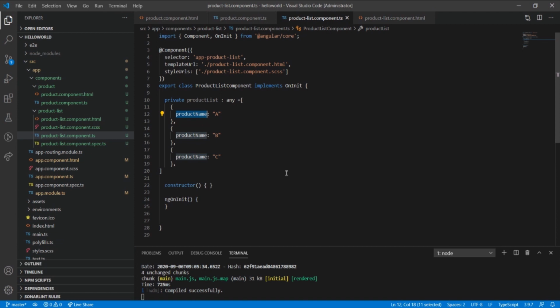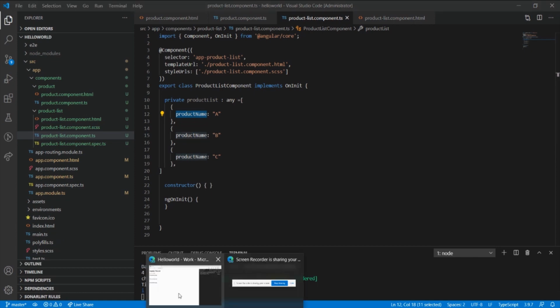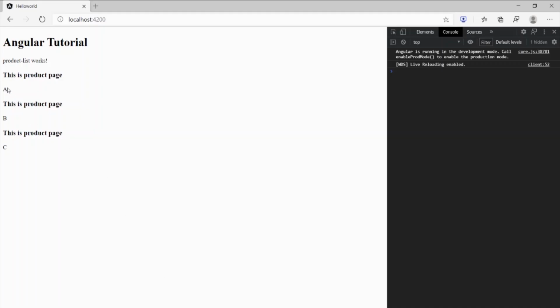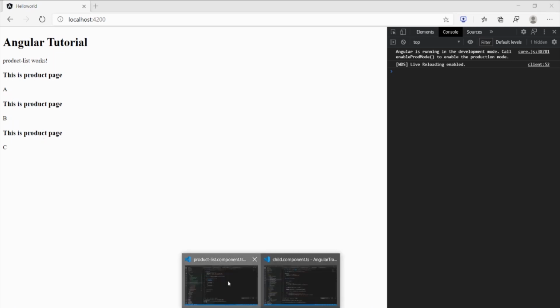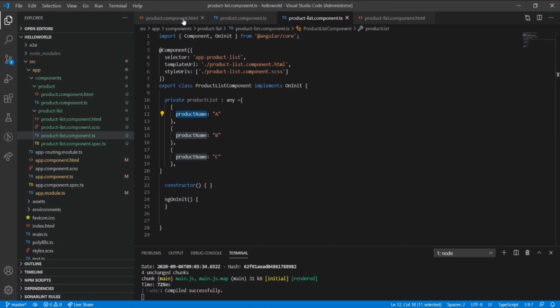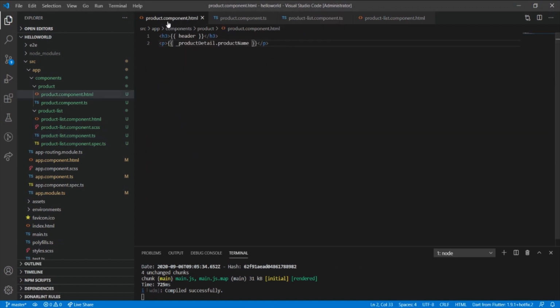Now we want to send some data, the selected data or the added data. In a real-time e-commerce site we have this add button or add to cart button. Similarly, we'll have a button for each component. So let's define a button here in the product component itself.